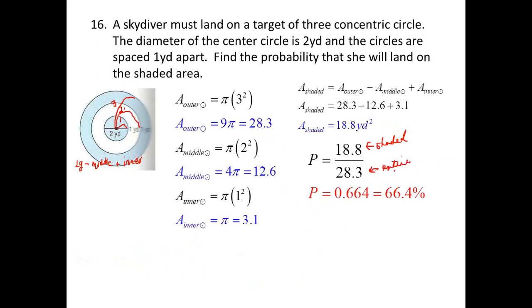So this particular skydiver would have about a 66.4% chance of hitting the target. Roughly 2/3, probably 2 out of 3 chances that person would hit a shaded area. I know ideally they'd rather want to hit in the middle, but to hit a shaded area, that gives them a couple of ranges. So it's about 66.4. Kind of in reference to a question I had a minute ago about could I do a little different. This one I could do a little different, not in the same way, but